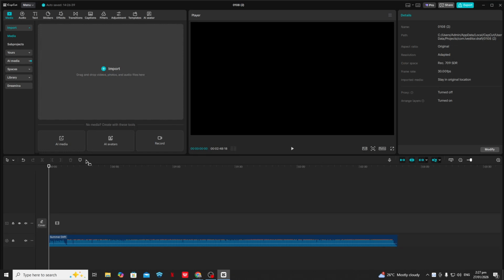In today's video, I'm going to teach you how to get 120 FPS on CapCut. First, let's quickly talk about what 120 FPS actually means. FPS stands for frames per second, and the higher that number is, the smoother your video will look. Most standard videos are 30 FPS or 60 FPS, so 120 FPS is extremely smooth and is great for fast motion, gaming clips, slow motion edits, or anything where you want that extra fluid look.